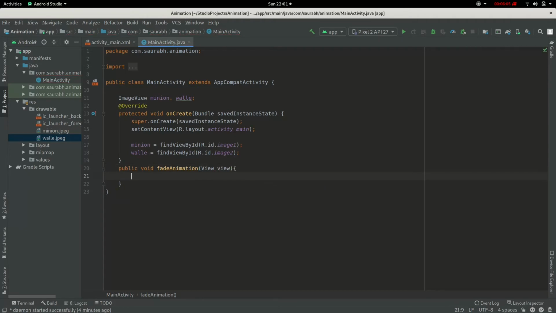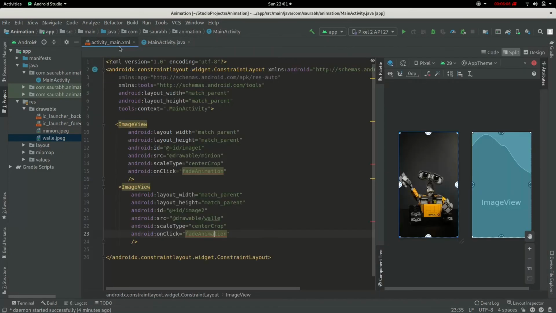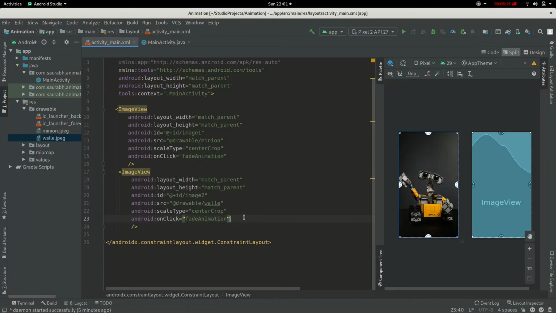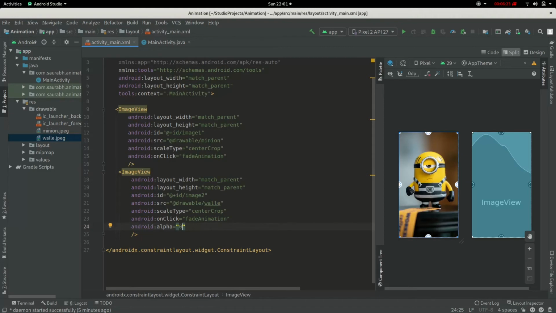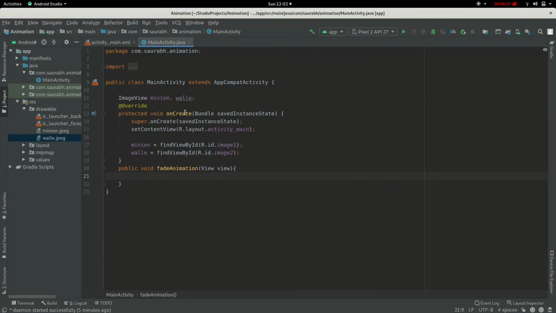So we want our first image to fade out when it is clicked, but here we see that the first image is not visible, the second image is visible, so we need to make it invisible. For that we can set its alpha value to 0. When we set the alpha value to 0, that image is completely invisible, and an alpha value of 1 means that the image is completely visible.